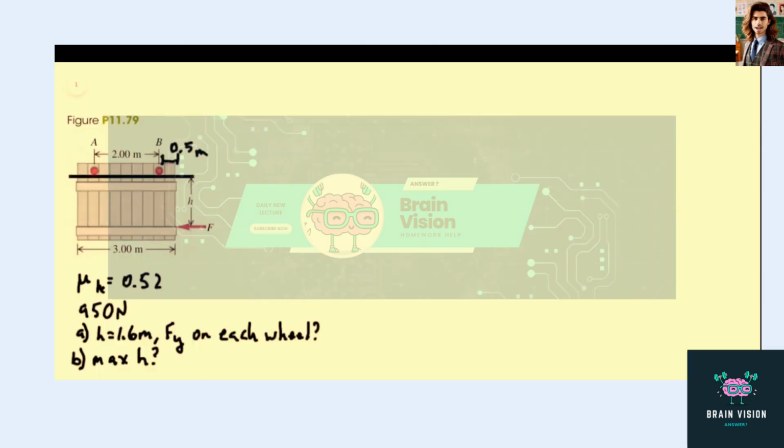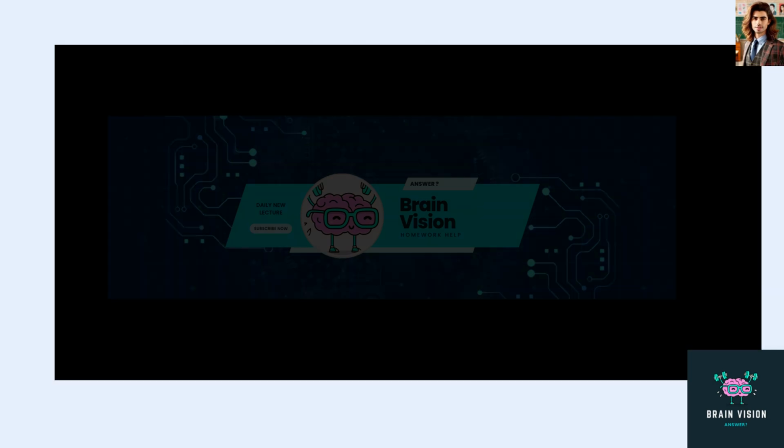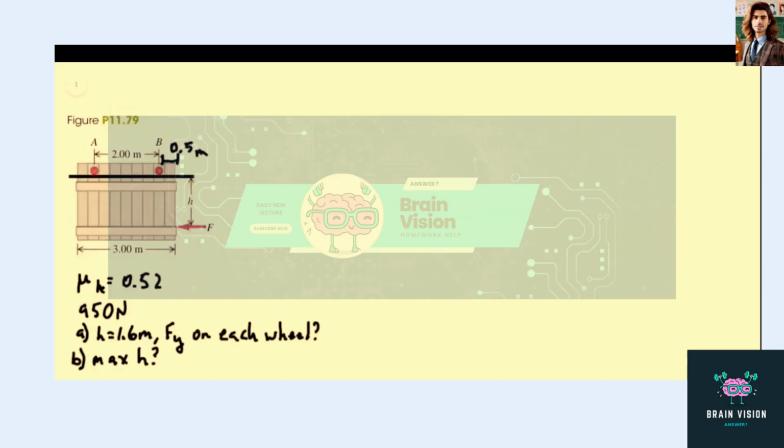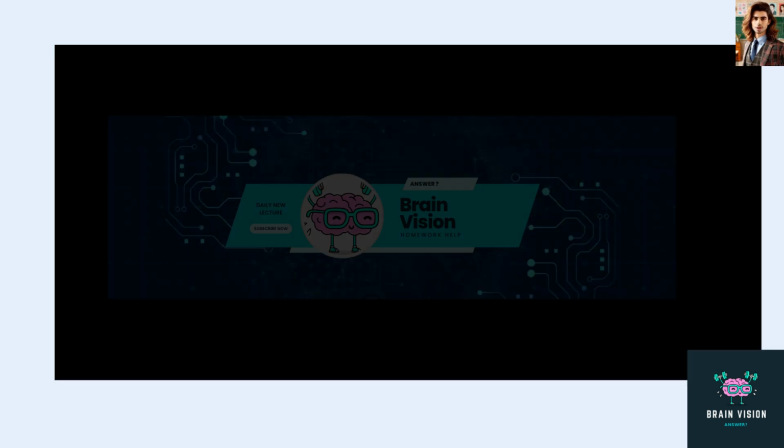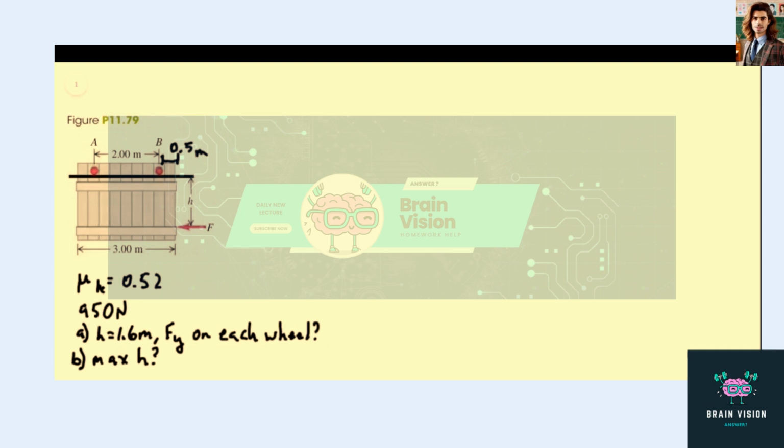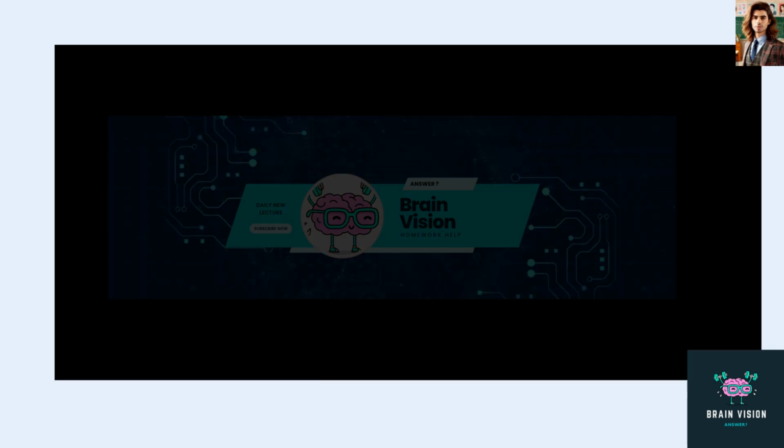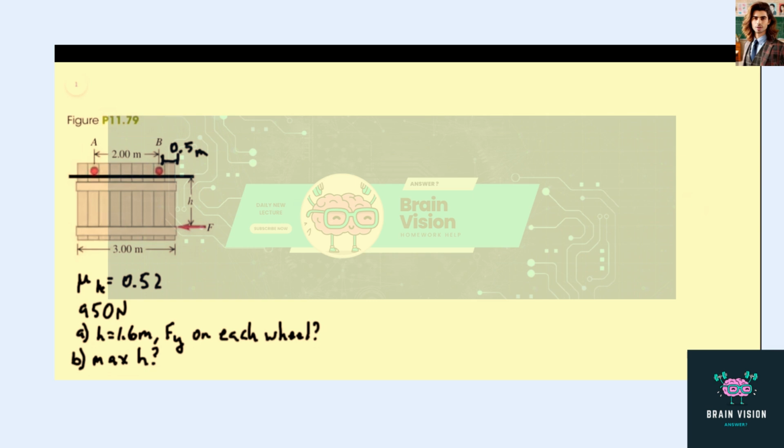We have a garage door that has these wheels that it rolls on a track, but the wheels have rusted so that they cannot roll. So they have to slip, and the kinetic friction coefficient is 0.52. The door weighs 950 newtons. And so the first thing we'd like to find is, if it's being pushed to the left at a constant speed by some force,